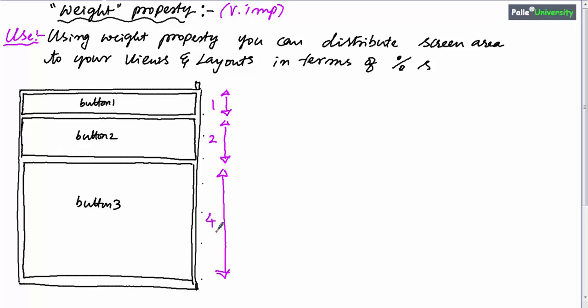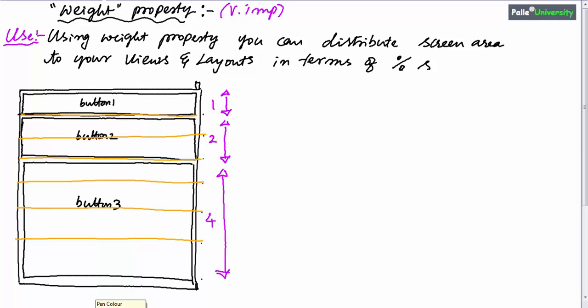If we divide our overall screen's height into 7 equal proportions, something like this, then one proportion should be occupied by button 1's height and 2 proportions should be occupied by button 2's height and 4 proportions should be occupied by button 3's height, irrespective of phone screen size.